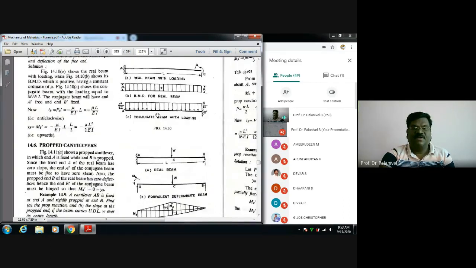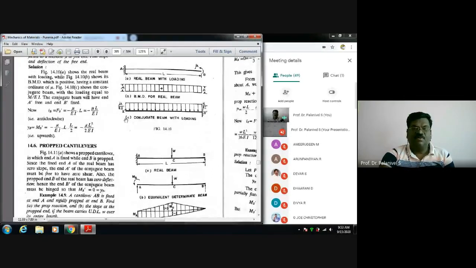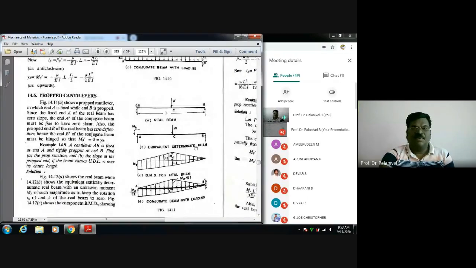Okay, this is the conjugate beam. The free end we are making fixed, the fixed end we are making free, and M by EI we are putting here. So the deflection at B is found to be, it is written here, the bending moment value here, which is M by EI into L by 2, that is ML square by 2EI we got. So this way. Okay. So the author has also discussed the propped cantilever. That is, you need not go to that level.